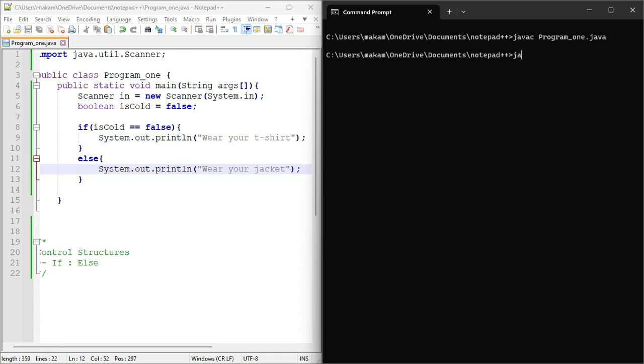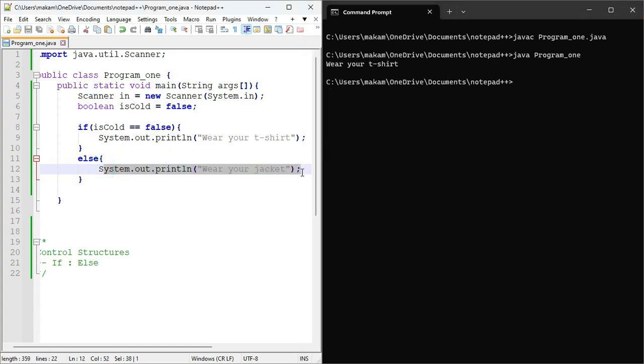Program_1.java and then Java program_1. Yeah, we've been on program 1 for a very long time now. And that is wear your t-shirt, right? So notice that this line did not get executed because when you're working with conditions, it's either you go here or you go here. That's how it works. So now if I change this to true, remember Boolean can either be true or